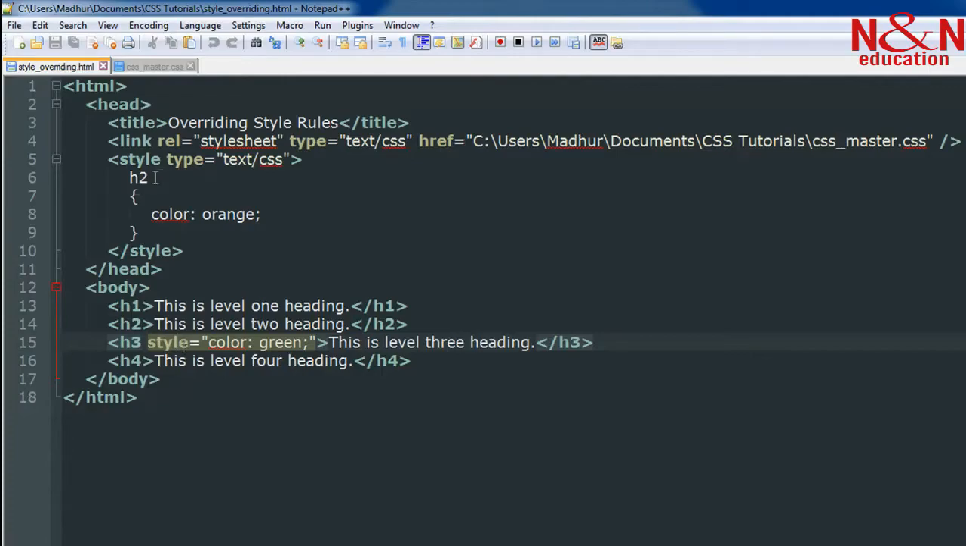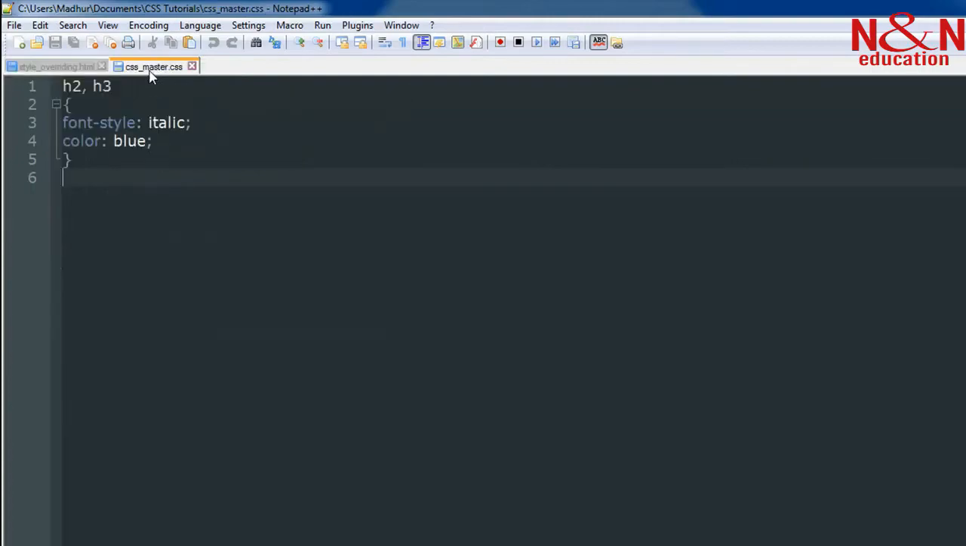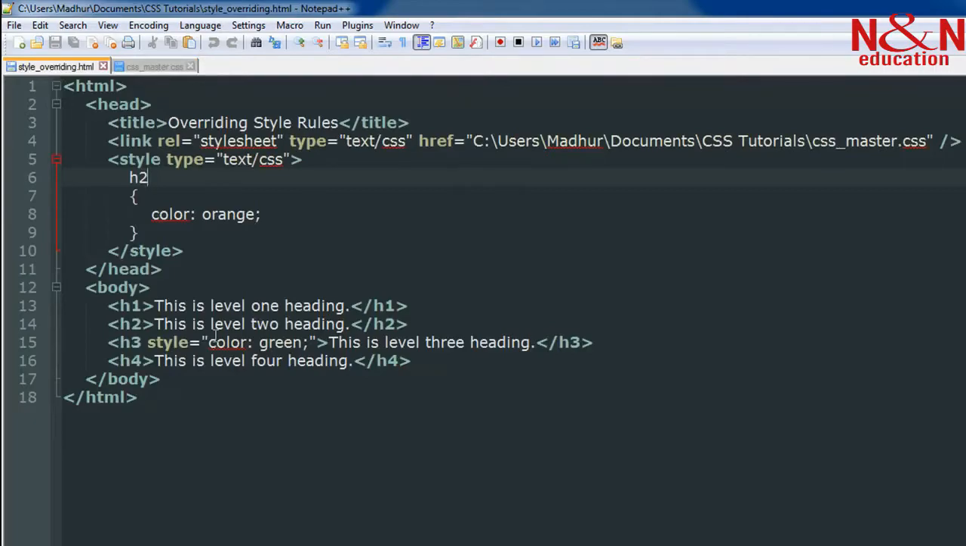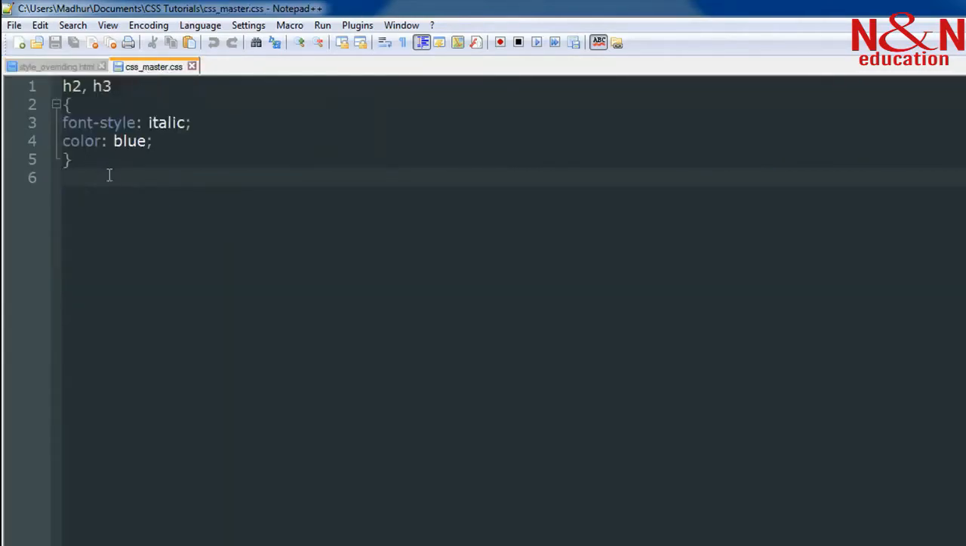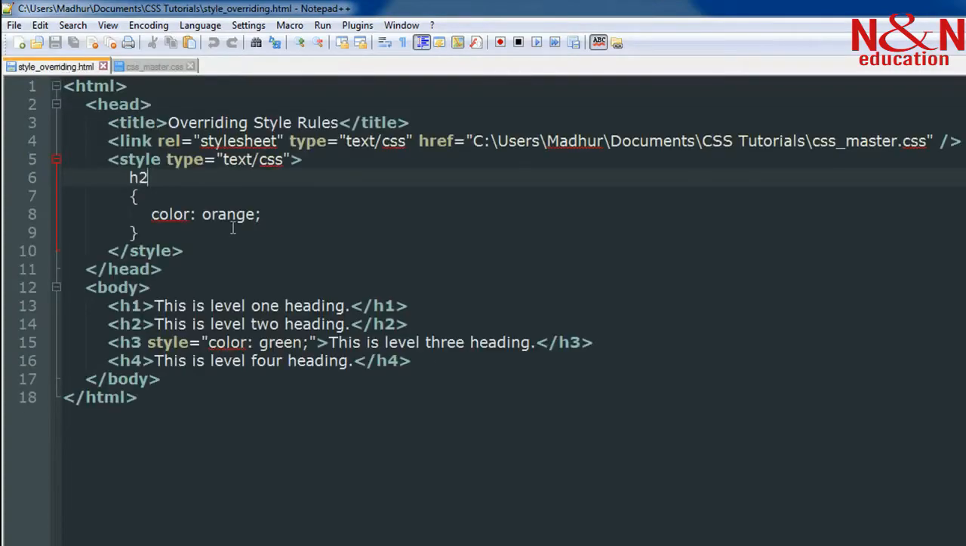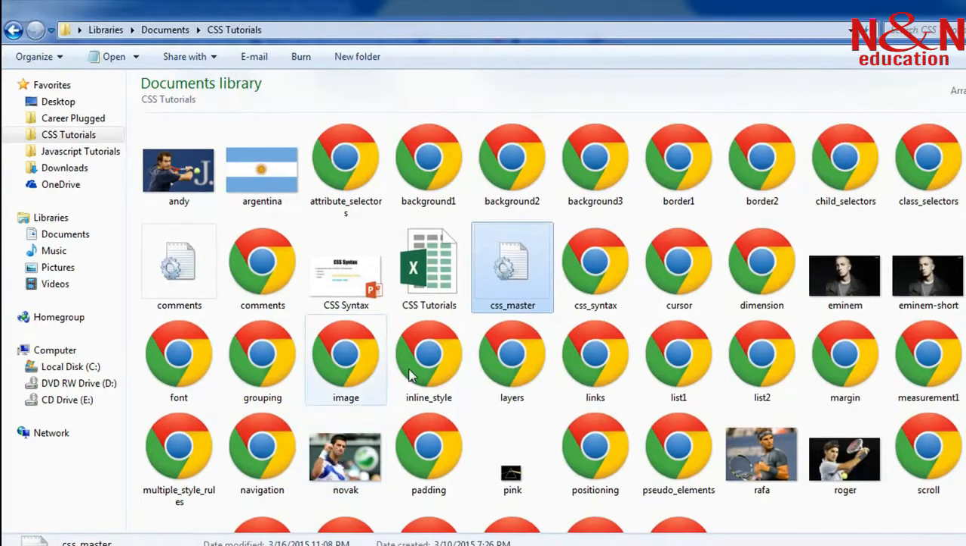And then this rule is going to take the next precedence, and that is going to be followed by the style rules that I have in the external document, right? So the highest priority is enjoyed by the inline style rules, followed by the style rule that you mentioned within your style tags, followed by the style rules if you have an external style sheet, that enjoys the lowest priority. So I'll save this file and I'll go to the folder in which I have it,